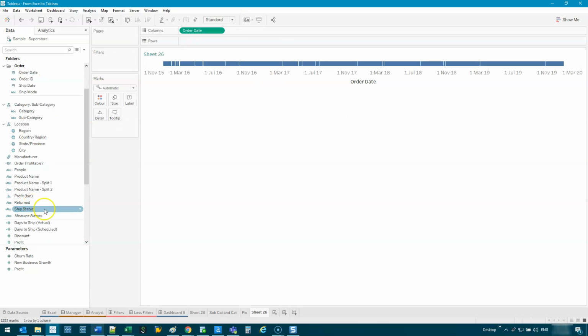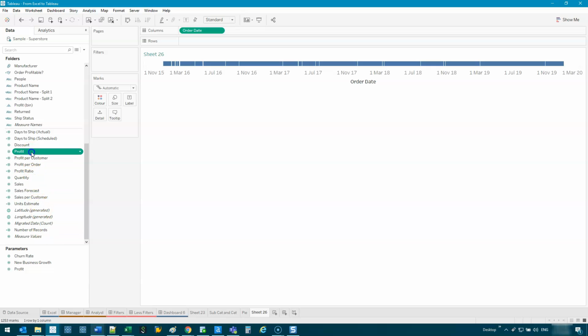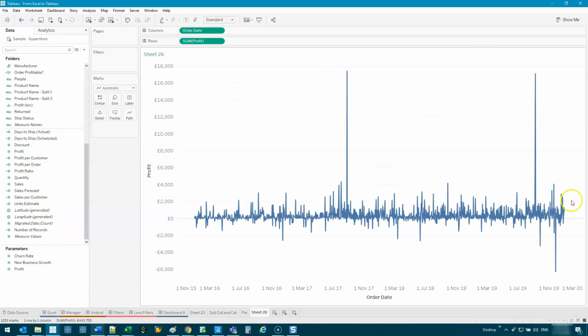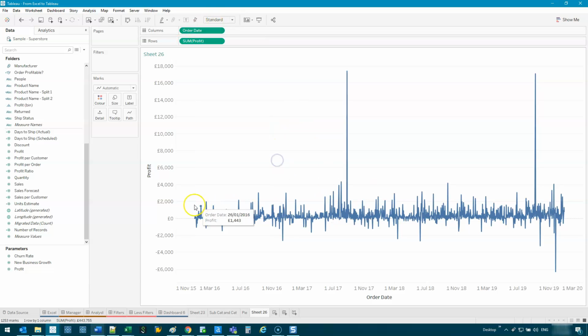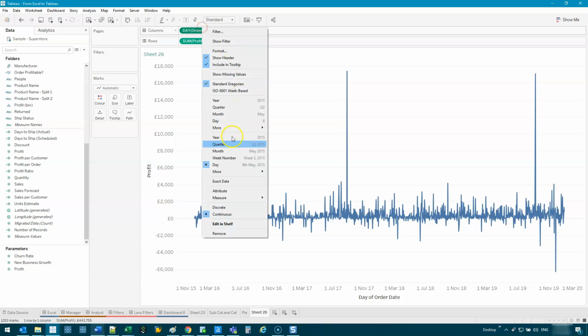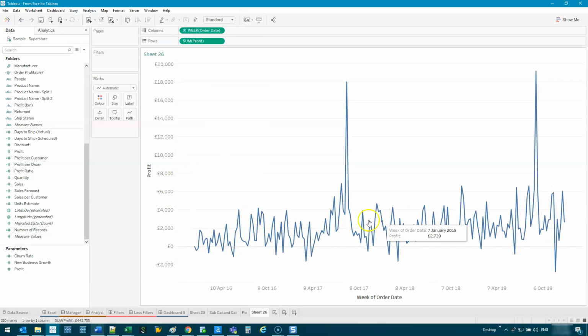All right, let's go profit. Profit, where is it? Profit here. Right, straight away. One thing I'll change: I always start with the highest granularity, which is simply exact date. If this is not really showing me anything, then I'll start reducing it. So I'll go day, let's go week. Okay, this is sort of giving me something. Maybe one thing I'll change is